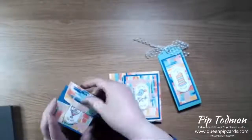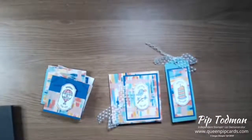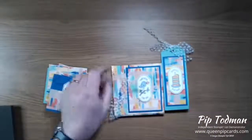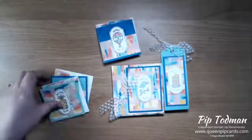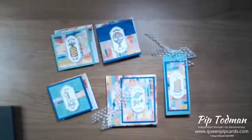Today we are talking about Time for Tags. You might have seen my picture posted earlier this morning. Is that a bit bright? A bit bright. There we go. Posted earlier this morning about the cute little projects that I've made. I've described them all up on my blog today, so I thought I'd show you them, and I thought I would show you a little bit more about Time for Tags. It is a host set,